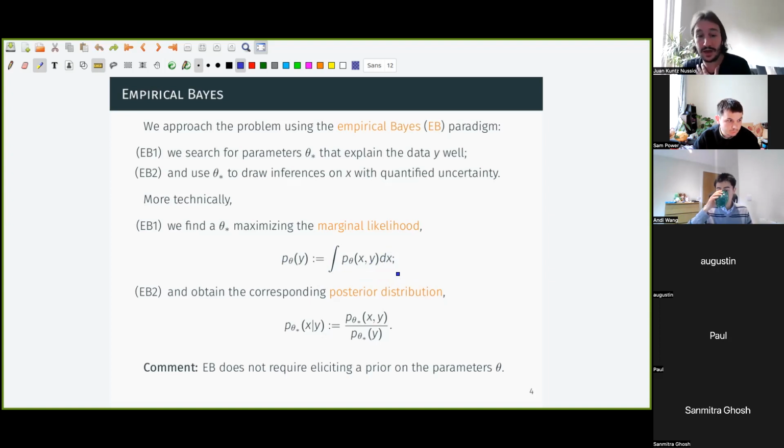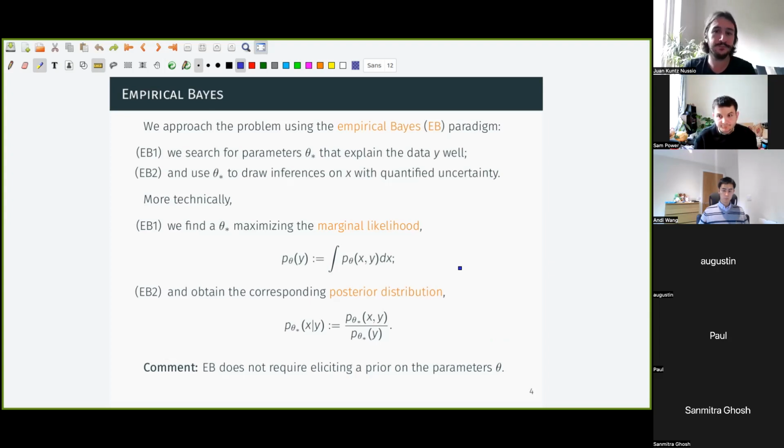Something that I personally like about empirical Bayes is that it doesn't force you to elicit a prior on the parameters, which for some models out there can be a pretty unnatural exercise. So, models in which the parameters might not have any sort of physical interpretation. There's no reasonable information you can try to encode in your prior, and even using uninformative priors can prove difficult technically. And in some areas, this is more the norm than the exception, things like statistical machine learning and that sort of stuff.